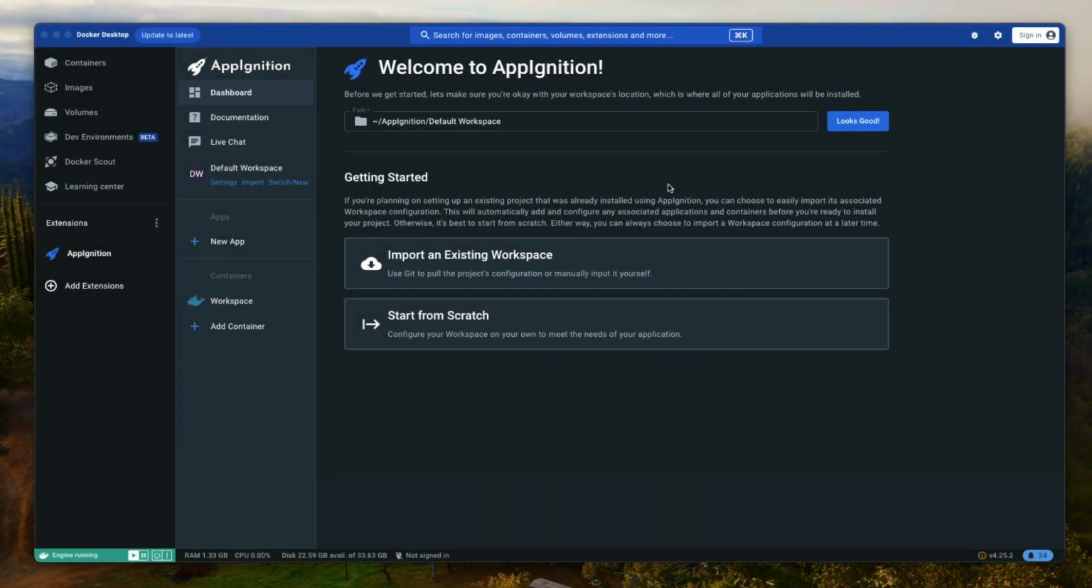Hey, welcome back. In this video, I want to quickly show how to import an existing workspace for an AppIgnition project that was installed on another machine. This scenario is ideal for onboarding new members to your team, allowing them to get started with your application in